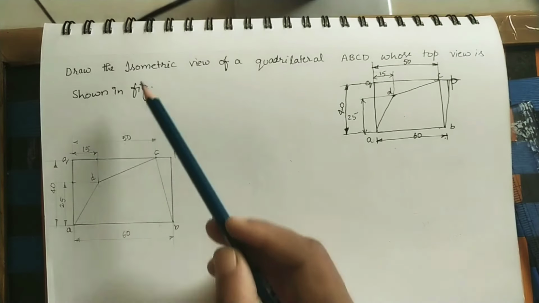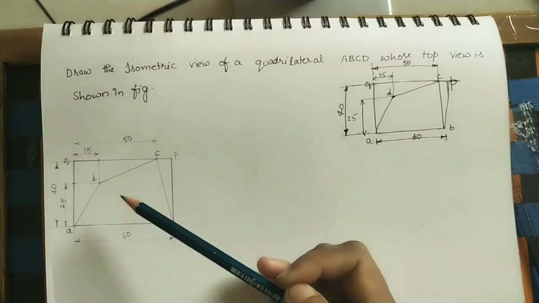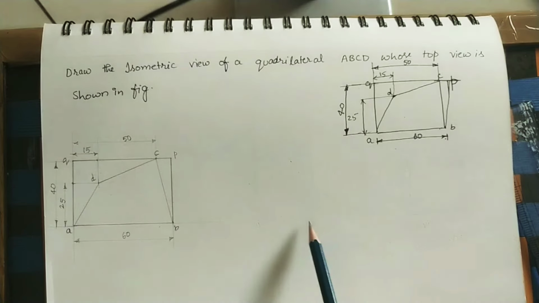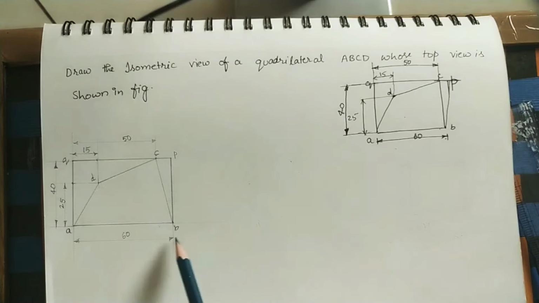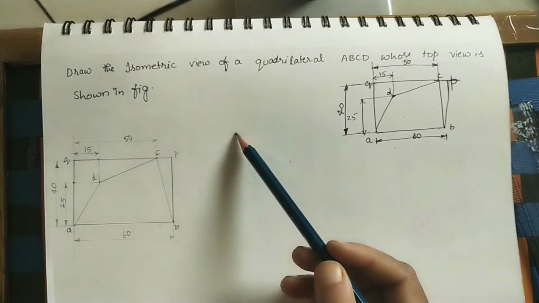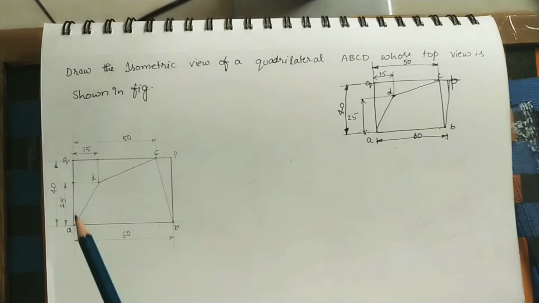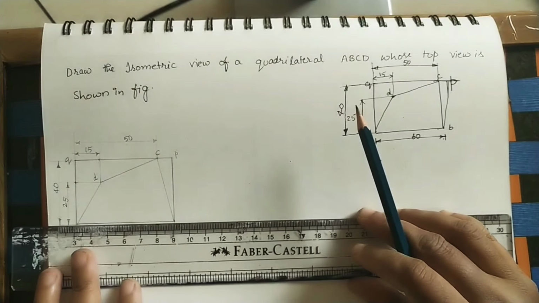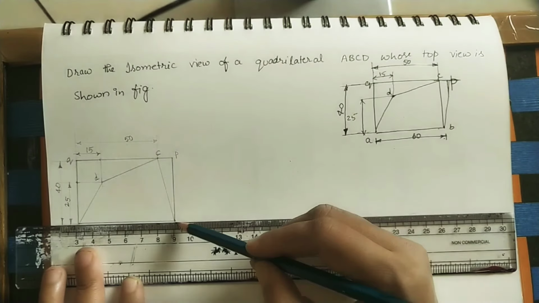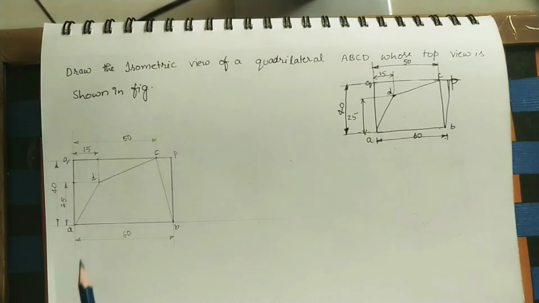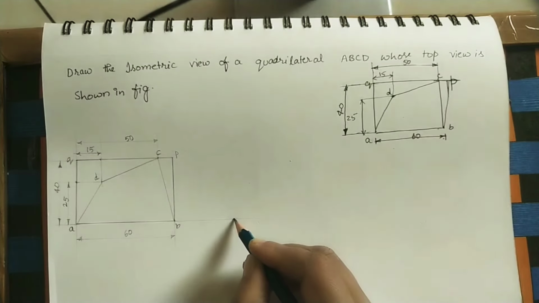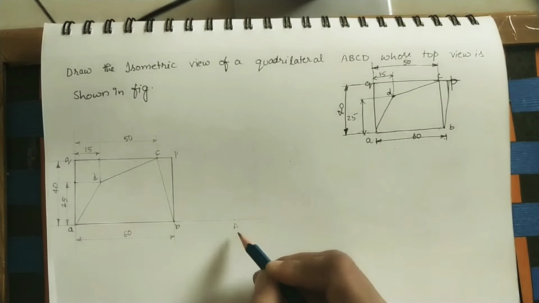After that we will do the isometric view of this top view. For doing the isometric view, just draw one extension line. It is not necessary to do it on the same extension line. We can do the isometric diagram here or here or here, any place. Just for getting some order, I will do it on the same extension line. Just draw one light color line. So initially the AB line is here. Take the initial point as A. I will take the A point here. In isometric views I am giving capital letters.